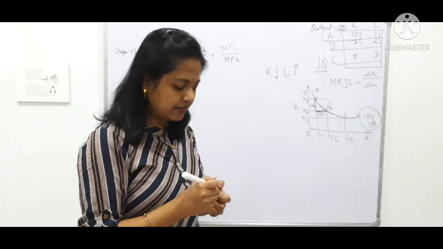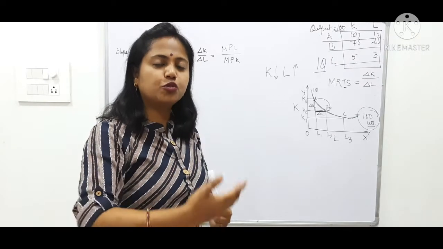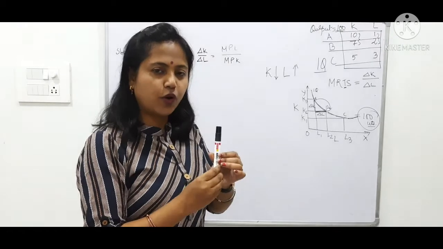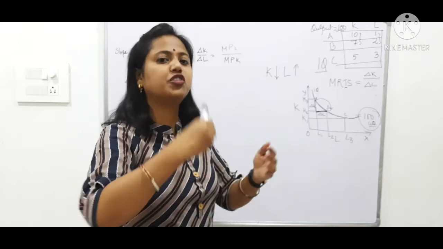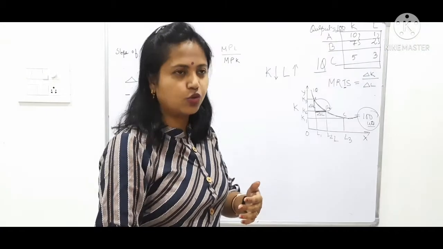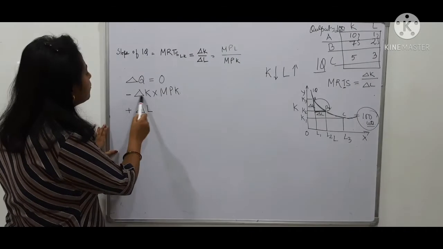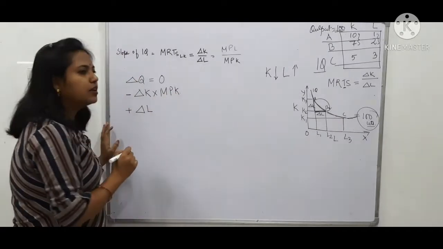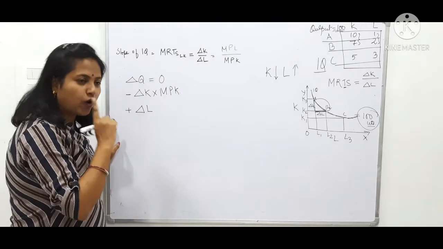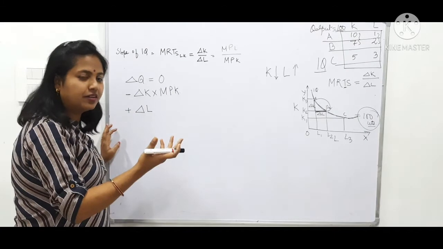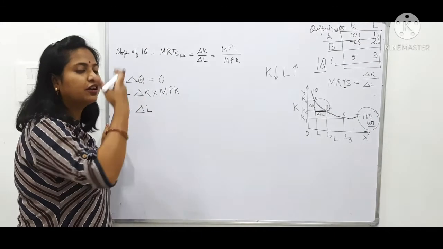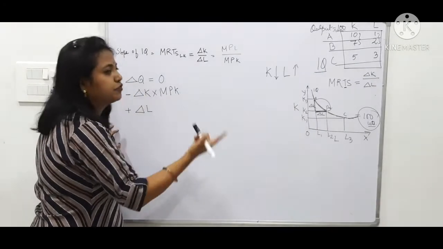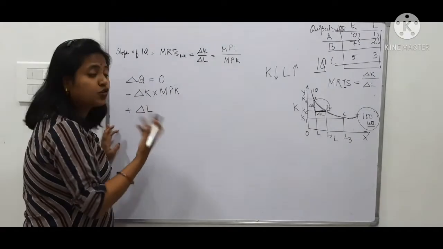Now when I have changed the capital, this is multiplied by marginal productivity of capital, meaning how much 1 unit of capital is contributing to the productivity. So if you change 1 unit of capital, there is supposed to be some change in the productivity also. So how many units you have changed, you multiply with that. Marginal productivity of capital means 1 unit of change in capital is making how much change in the production. You multiply by how many units you have changed.